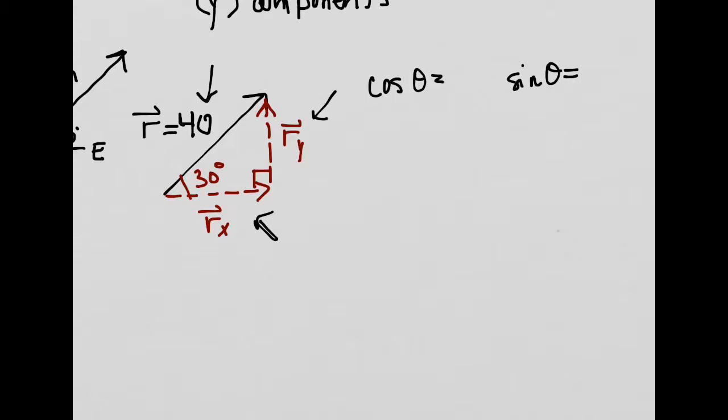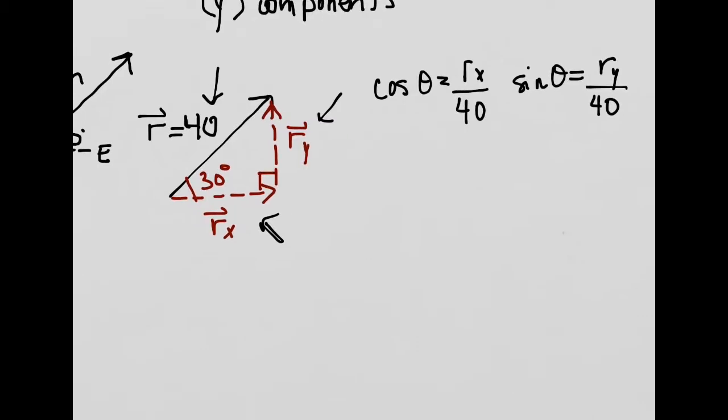So cosine of 30 is going to be Rx over 40, and sine of 30 is going to be Ry over 40. So when you rearrange that, Rx is going to be 40 cos 30, and Ry is going to be 40 sin